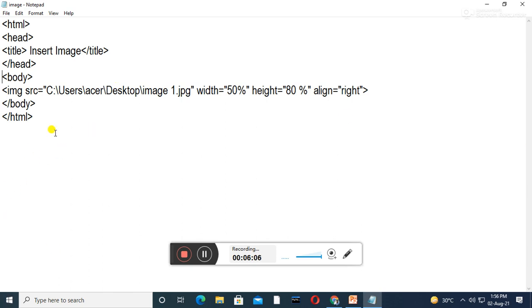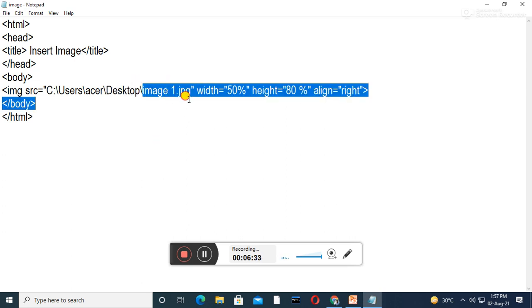Now class, here I am going to insert an image with the img tag, and I use src. Src means source of the file. Source of the file where? In C drive, under user folder, under SR, and now on desktop, with the name image1.jpg.